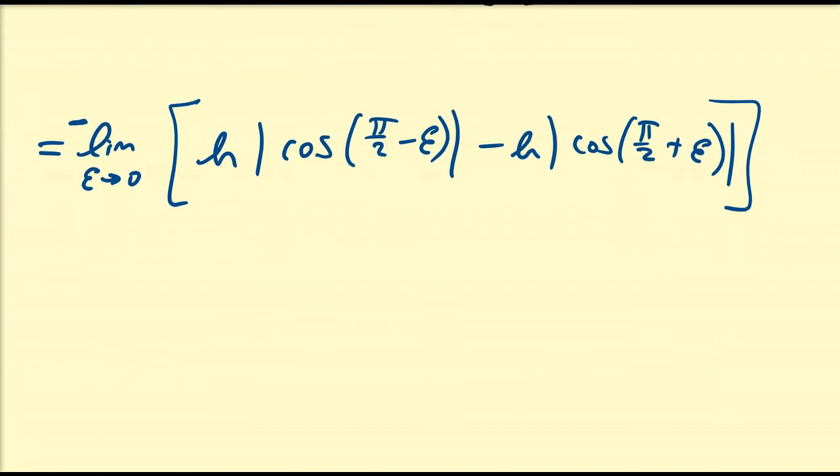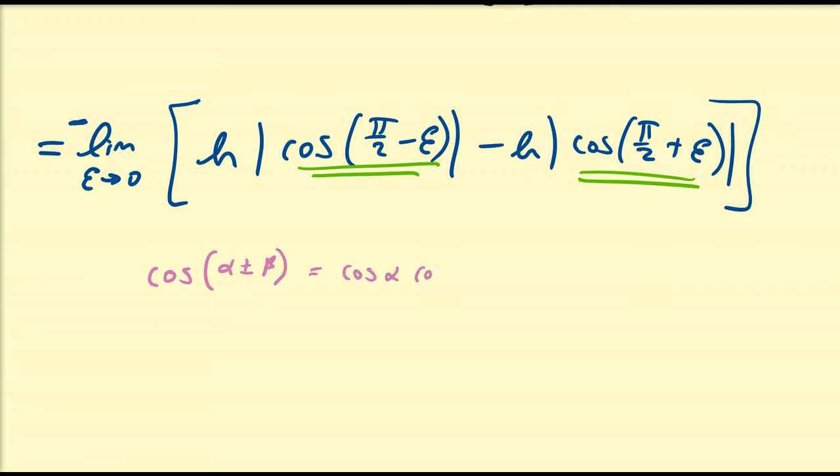All right, so how are we going to deal with this? Notice that this is a difference identity for cosine, and this is a sum identity for cosine. So remember the identity for cosine: cosine of alpha plus or minus beta is going to be cosine alpha cosine beta minus or plus sine alpha sine beta. So I'm going to apply that to this and this using the appropriate signs. So that's going to be equal to